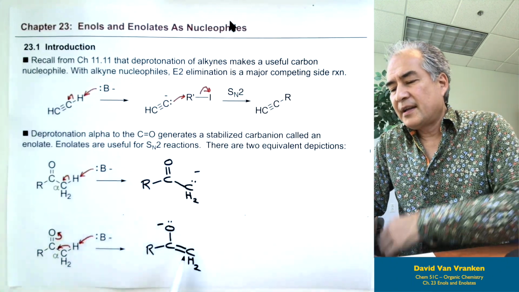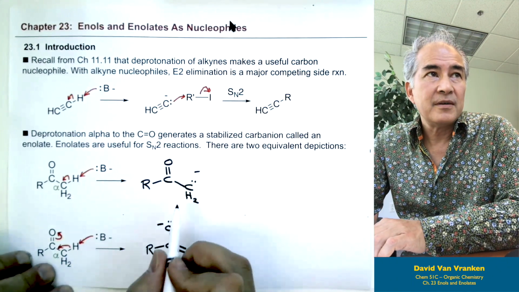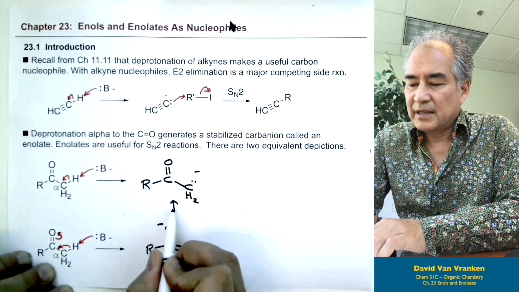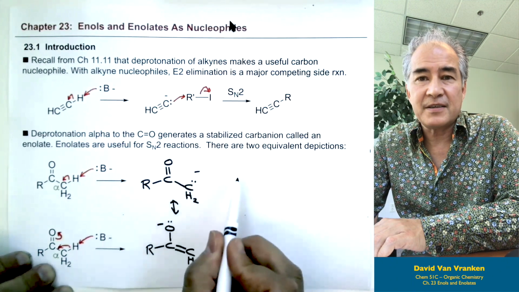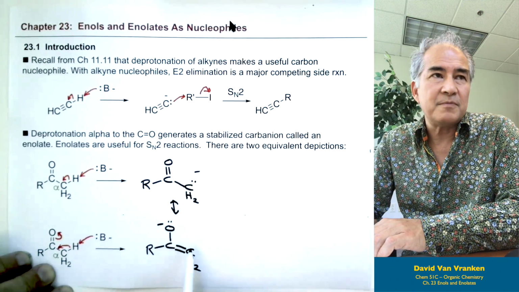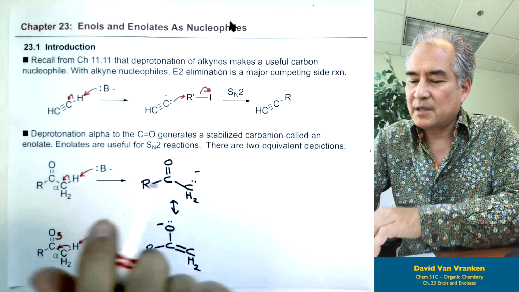And these are simply resonance structures of each other. I can go back and forth by drawing resonance arrows. Right? There's no difference between these two. Anything that I can do with this one, like using it for SN2 reactions, I could also do with this bottom structure. So in this chapter, what we're going to see a lot of is that we're going to be